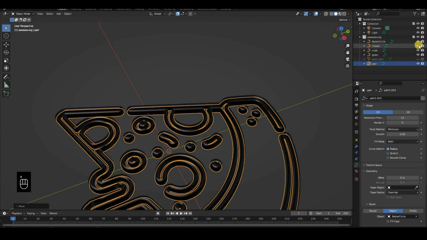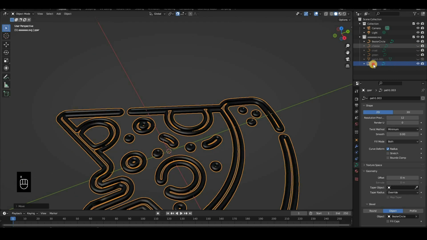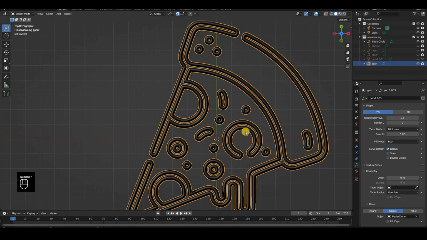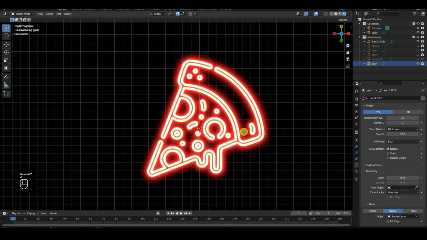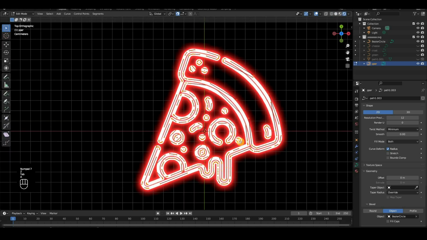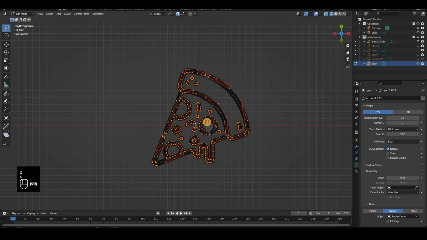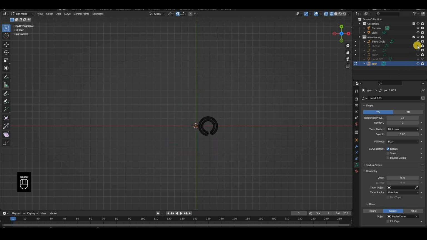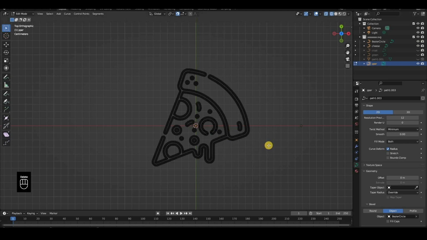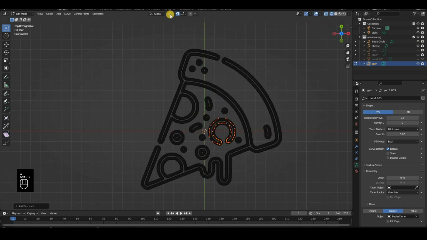So with the peppers I am going to turn off everything else, and the pepperoni is these circles. So when I hit the rendered view, I'll tap into edit mode and select all, and then Z wireframe, C, and then Shift and deselect the areas where I don't want to delete them. I'm going to just keep this one and delete all the others, and then just duplicate this in the places of the others. So delete vertices, and then I'll turn on the cheese one, select this, Shift D, and I'll